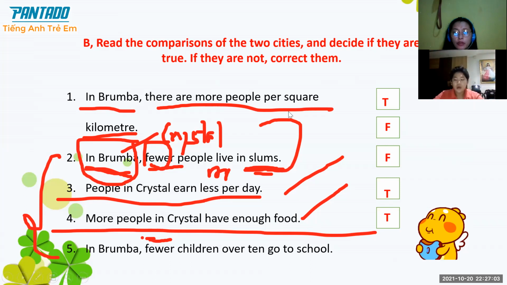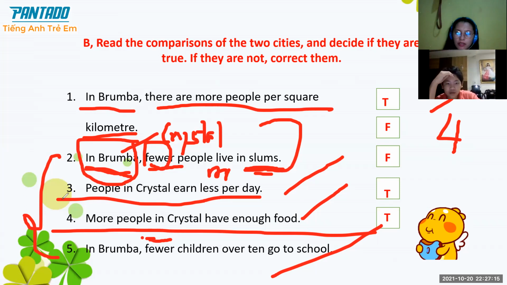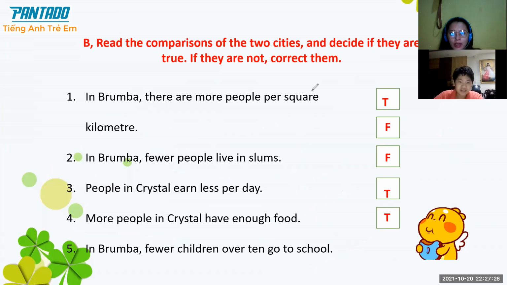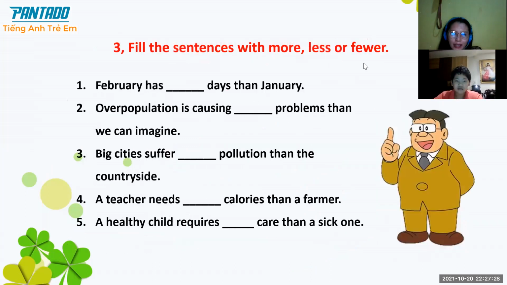So you checked 3, 4, and 5. In that activity, you got 3 points over 4. Do you have any clarification or any questions? That's a good score. You only have 1 mistake. Very good. Let's proceed to the next slide.